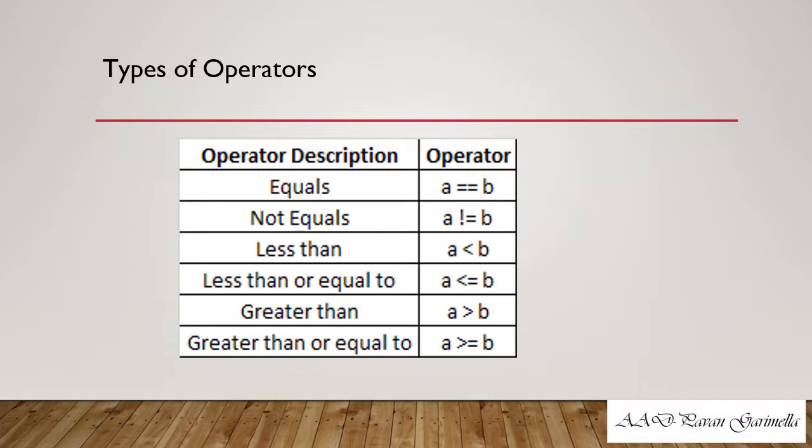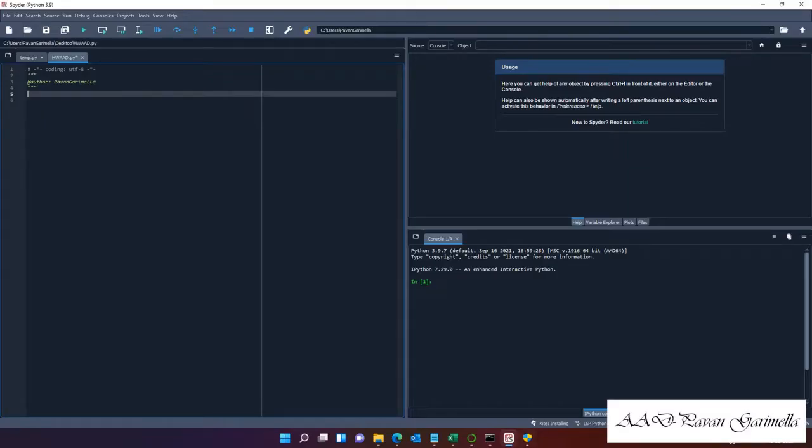So let's go ahead and implement a simple if case and see how it is used in Python. Now in Python, let us implement a simple if statement. So consider a variable x equals 10 and another variable y is equal to 5. And here for the if statement, I'll write it as if x is greater than y, then